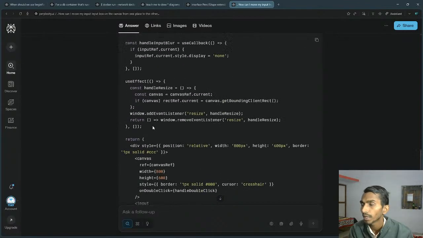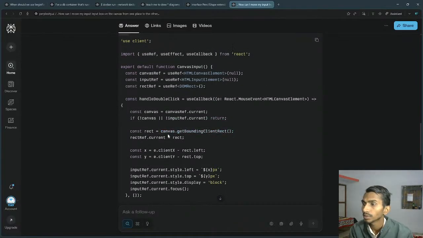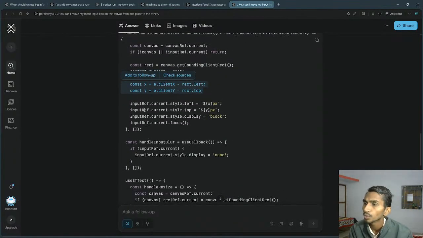Oh my god, so many things are happening right now. First of all, we have handle double click function. It simply uses useCallback, event, mouse event. I got the canvas ref. I got the rect dot current dot rect. Canvas get bounding client rect, that is this, and this got saved in the rectref. So ultimately I have rectref, and I have that. Then I got the positions, that's also alright. Then input dot current dot style left is equal to X, top is equal to Y. Current style display is equal to block. Current focus,